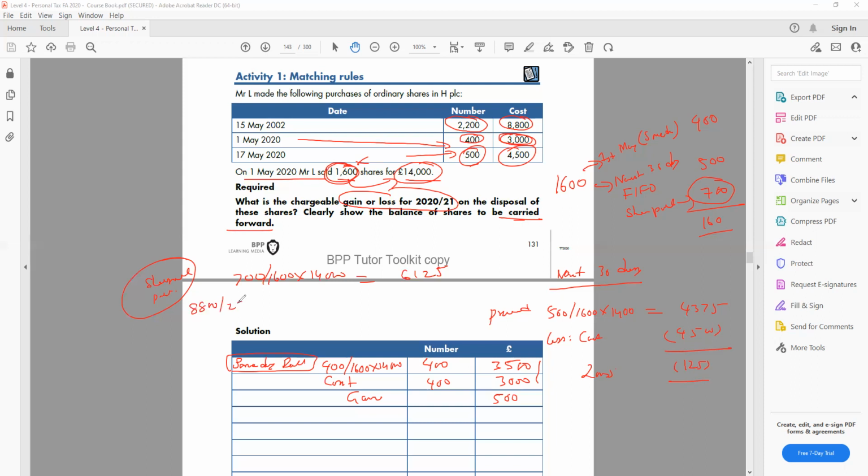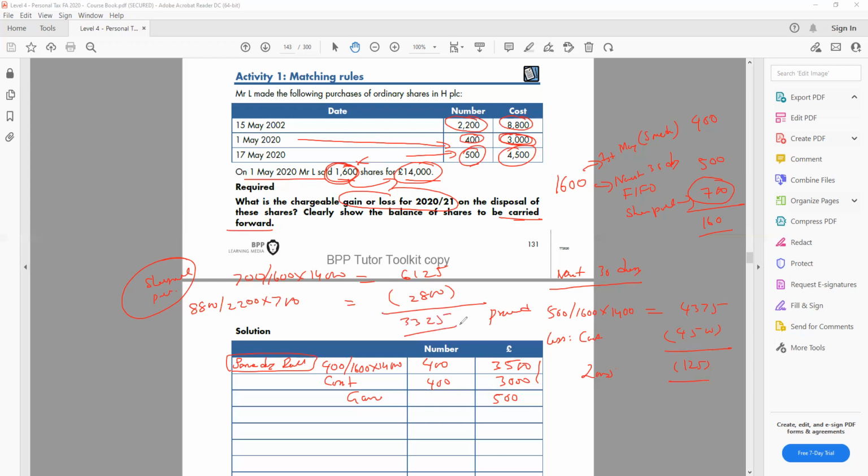Divide 2,200, which is my total number of shares, and we times by, for how many shares? For 700. So let's do that. 8,800 divided by 2,200 times by 700 shares we are taking from the share pool, and that will give us 2,800 pounds. We minus that, 6,125 minus 2,800, and that will give us a gain